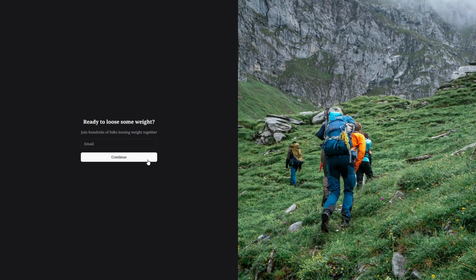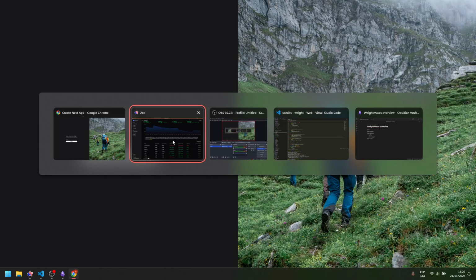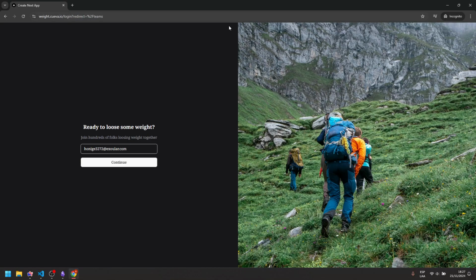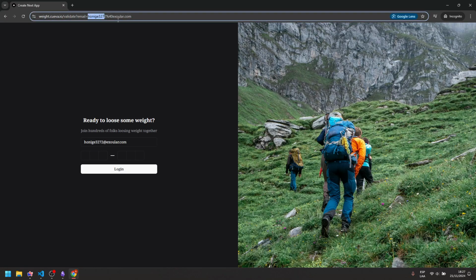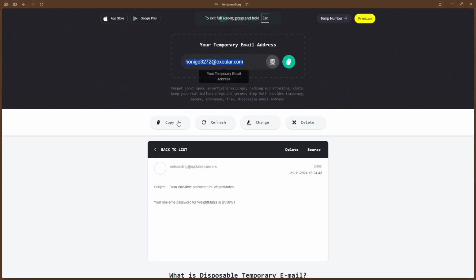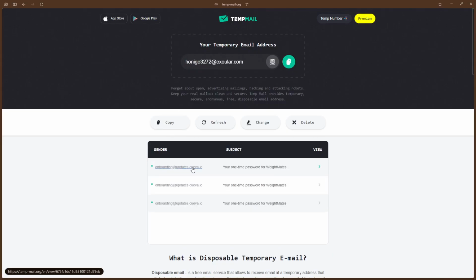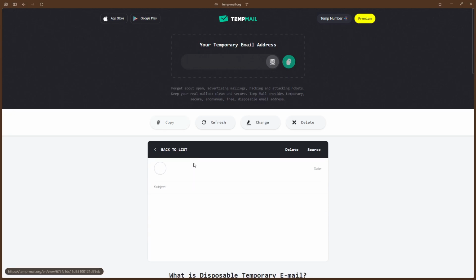The email address is here. So I put the email address here, and when I click continue, an email is sent to this address, and we can check the email right now. And this is a temporary email. I will later assign the email address of Michael to this account, so that he can test with their account. So this is the email address. This is the email,